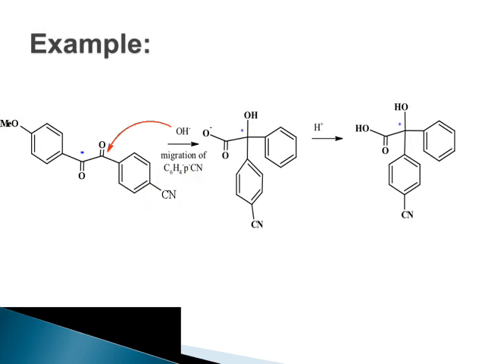So OH minus will attack on this carbonyl carbon which is actually more electron deficient in nature because of the non-radio labeled carbon atom. That is the first reason. Second reason, on that carbon there is a benzene ring with a cyanide group, that is an electron withdrawing group. So there is a migration of the C6H4CN group to the adjacent carbonyl carbon to get this product. Here you can see that on the radio labeled carbon atom we have an OH group and a COOH group. So this is the final product.